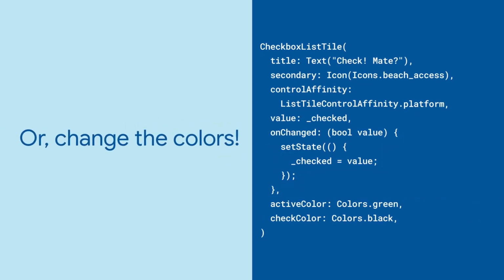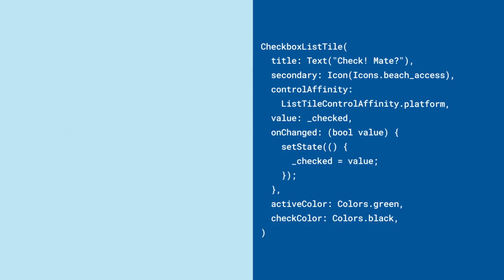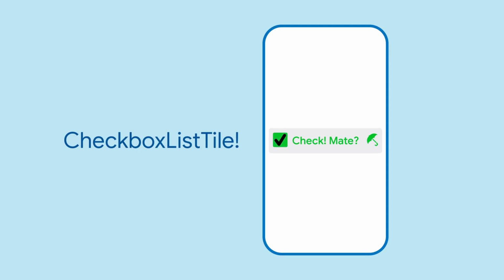Finally, if you don't like the default colors provided by your app's theme, you can override them with activeColor and checkColor. And there you have it, your very own list tile with a